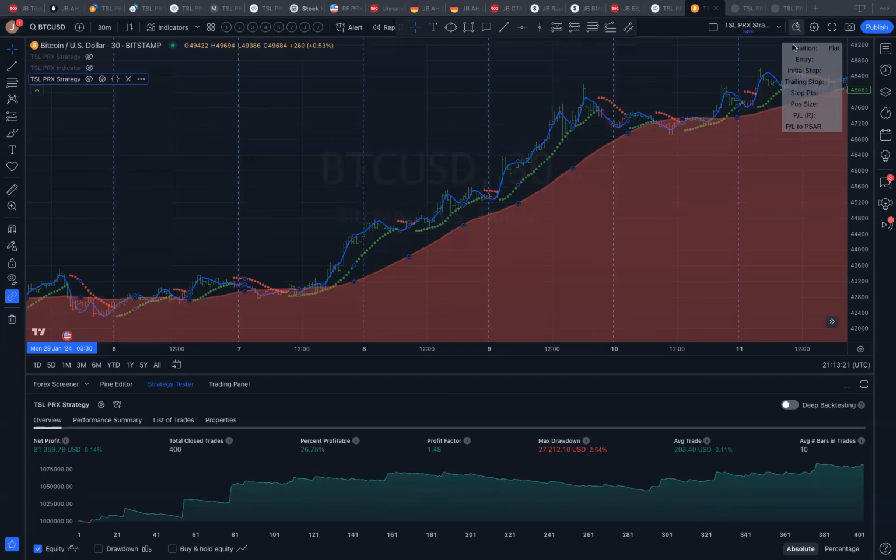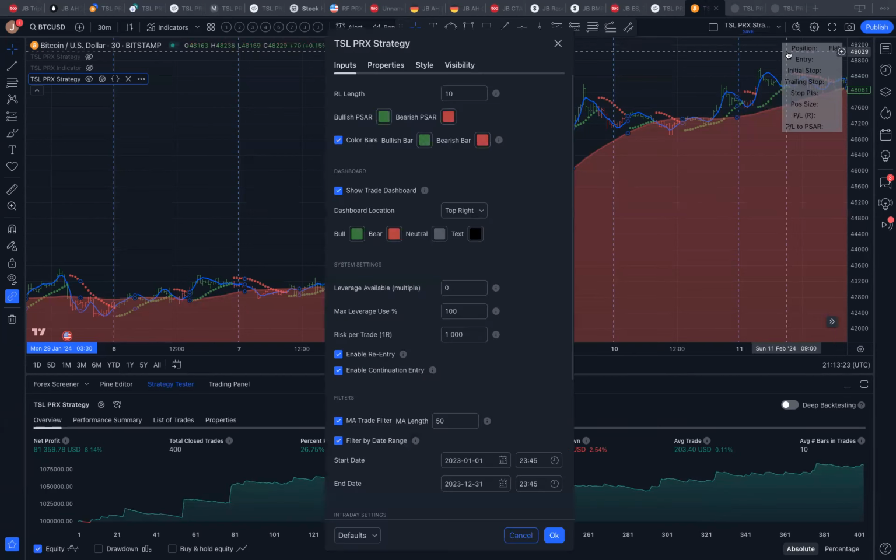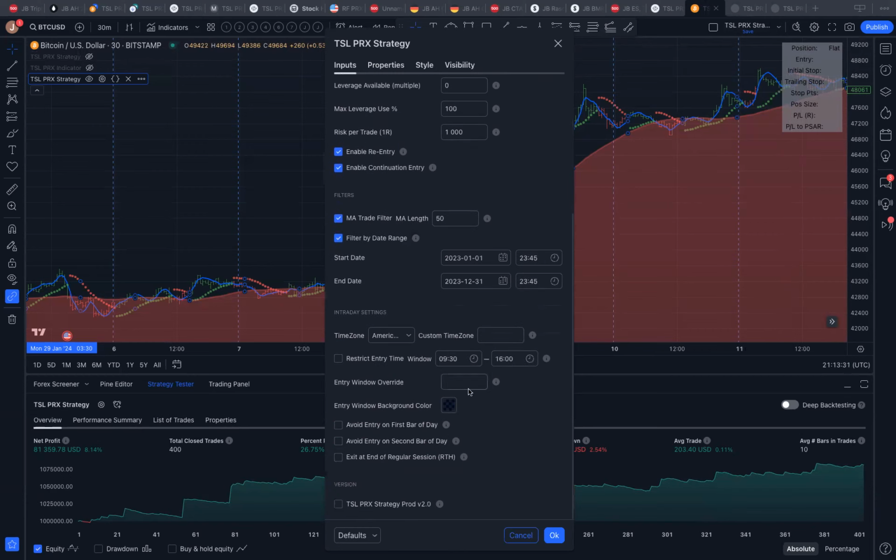But I wanted to point out a couple other things that we can do from an analysis point of view. So I'm going to double click on the dashboard here, which is just a shortcut to pull up the strategy settings. And I want to go down here and we're going to mess with this time window again. But we're actually going to do it not from a timing point of view, but from a day of the week point of view, because in the past couple of videos, we've done some filtering on time, but that time,